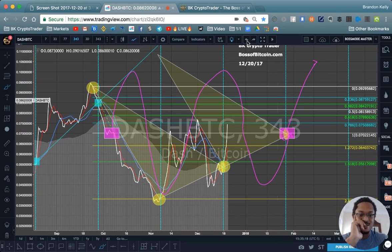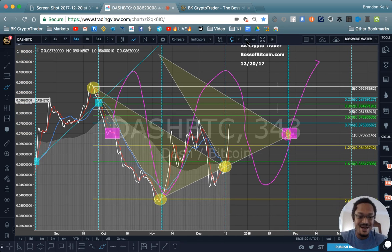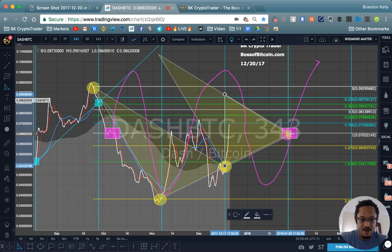I've been saying this for a few months now. It's been one of the best performers in the market with regards to just really holding its own versus Bitcoin, not taking that big loss. We had a pretty big fall off here, but you can see we've resonated quite well, and we're ready to make a huge gain over these next couple days, moving into the first of the year and moving into first